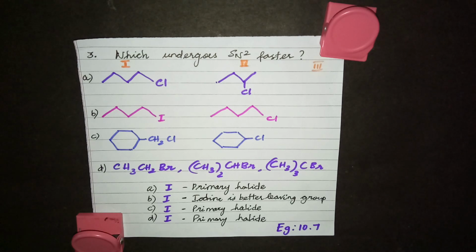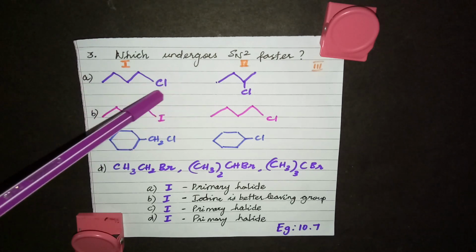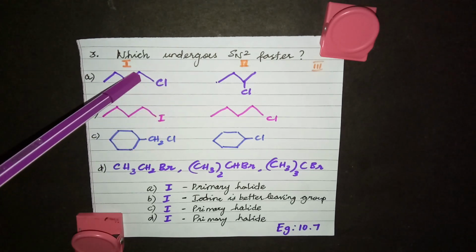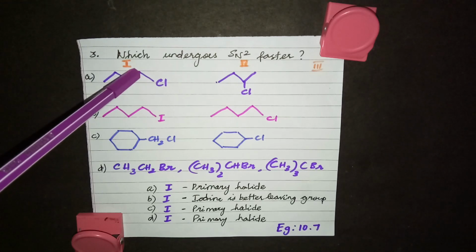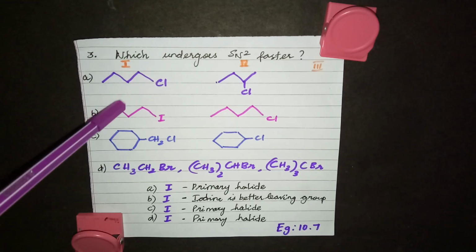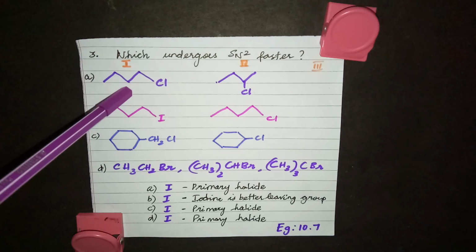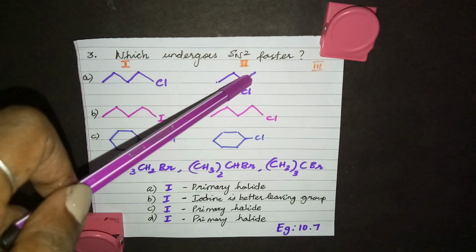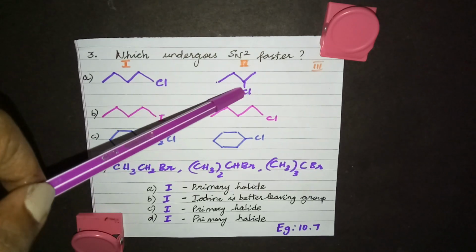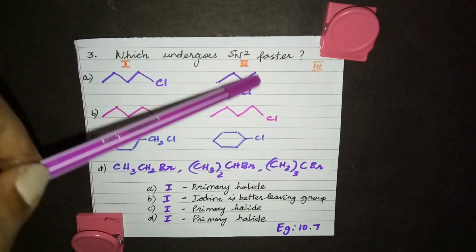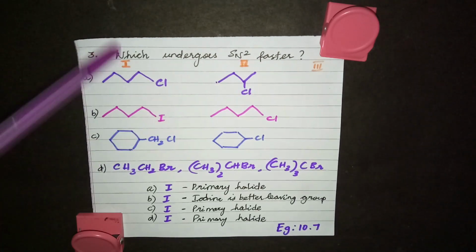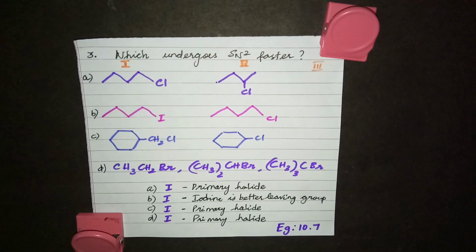So now look for primary or secondary or tertiary. See, this is the halogen and this is the functional group. So this is the alpha carbon. This alpha carbon has only 1 carbon neighbor. So this is what? Primary. Here this is the alpha carbon, and this alpha carbon has 2 carbon neighbors. So this is secondary. So obviously the primary one will undergo reaction faster by SN2 mechanism.